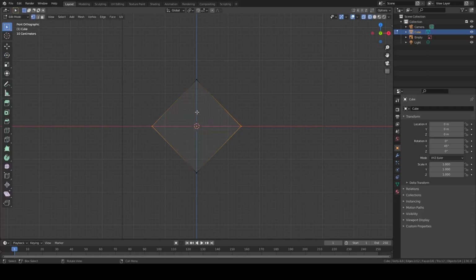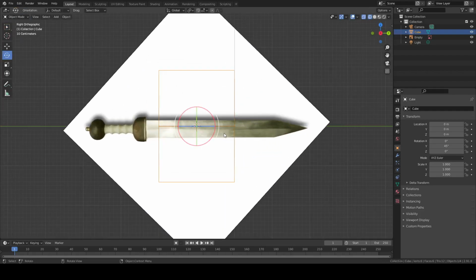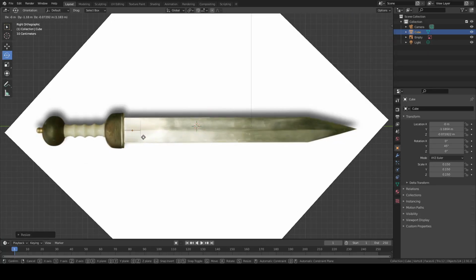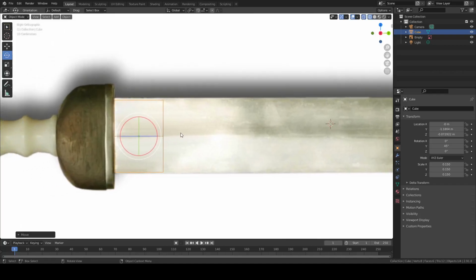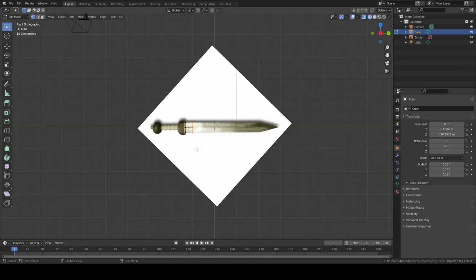While I edit poly, I'm going to scale on the x-axis to get the cross section of the blade, just like that. That's pretty good to me. So I'm going to go back into object mode, scale down, just move that to the end. Just going to size it to generally fit it. Won't be 100%, maybe a little bit bigger, but I am going to bevel the edge. Tab and GY